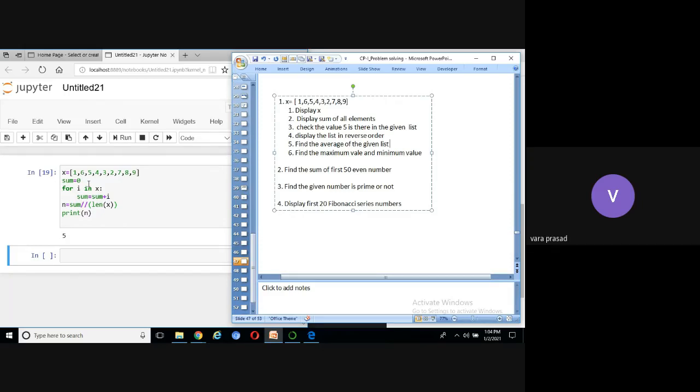Then I can start comparing from the second element. If the second element is greater than max, then max equals the second element. Again compare the third element to max. If the third element is greater than max, then max equals the third element. Repeat the process for all the elements. At the end, I get one value in max, and I can display that value.